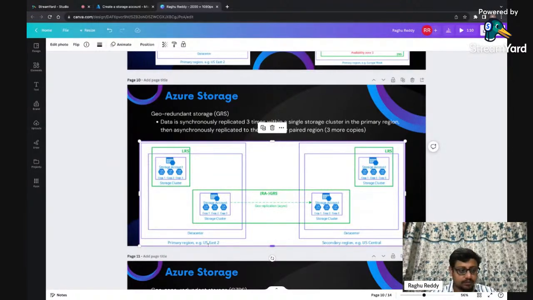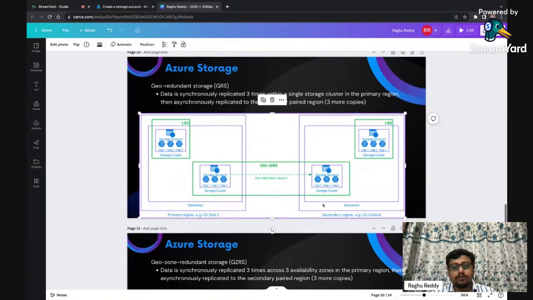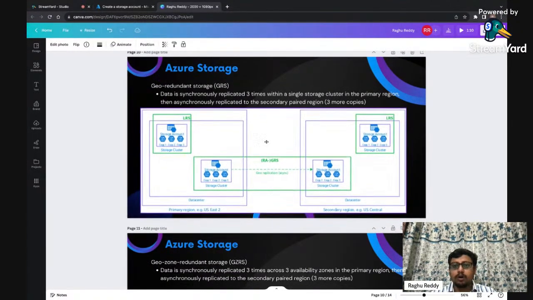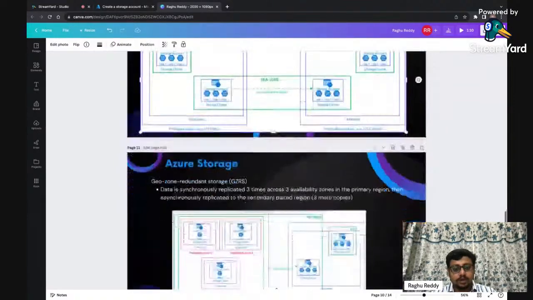So along with East US 2, you will also have a copy in US Central. You have three copies here and three copies there, replicated asynchronously. If this region goes down, you have a copy in a different region that you can simply use for your application or to bring your application back. What if I want a combination of ZRS and GRS? That is